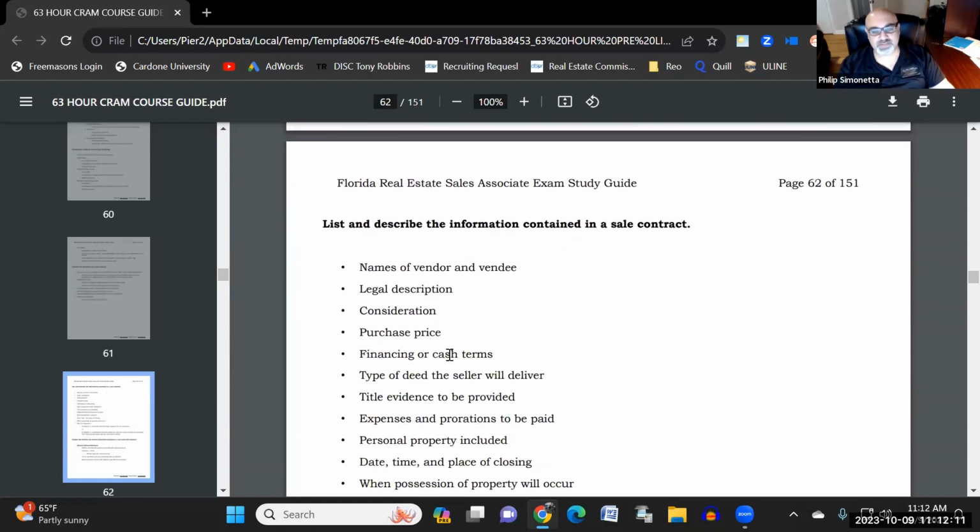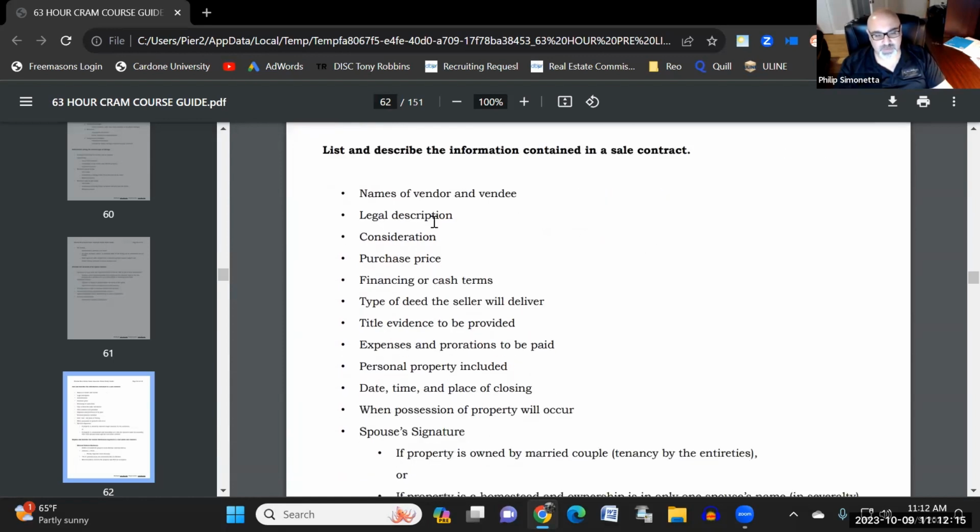So now we're going to list and describe the information contained in a sales contract. You're going to have the names of the vendor and the vendee, the seller and the buyer, legal description. The consideration is how much they're going to put down as a deposit, the purchase price, financing, or if it's cash, the terms, the type of deed the seller will deliver, title evidence to be provided,